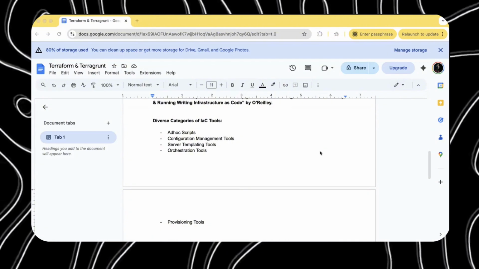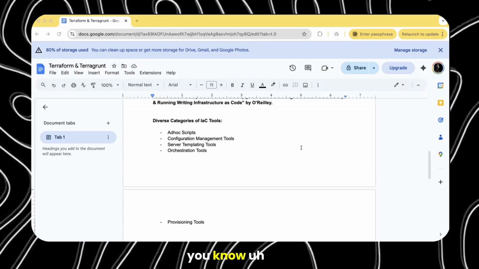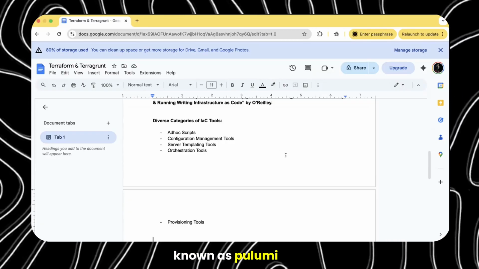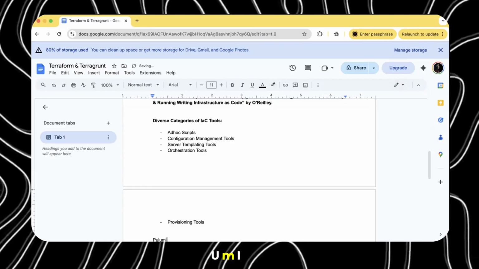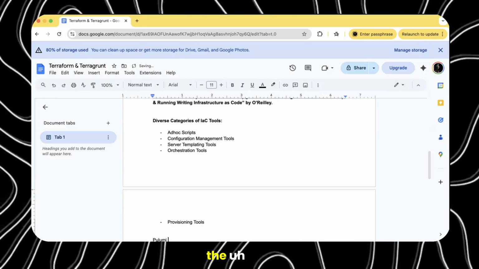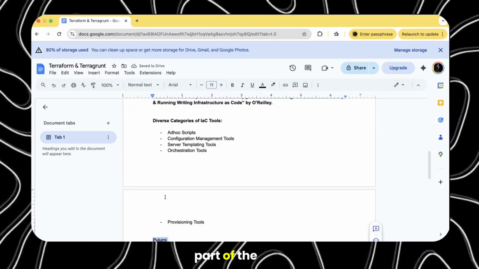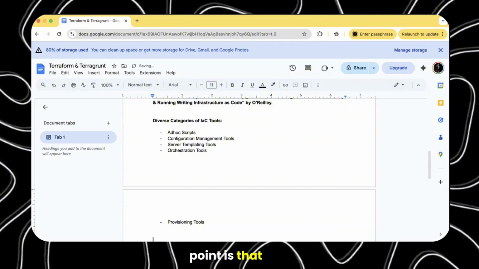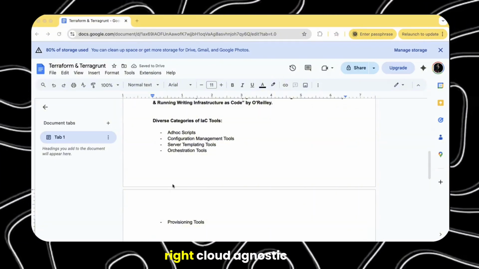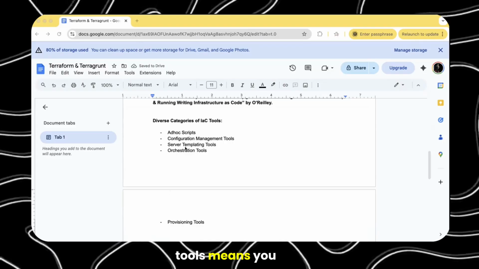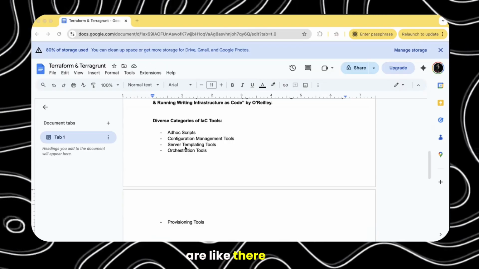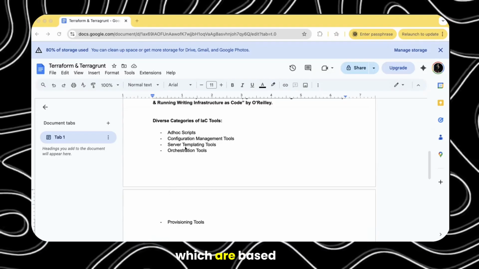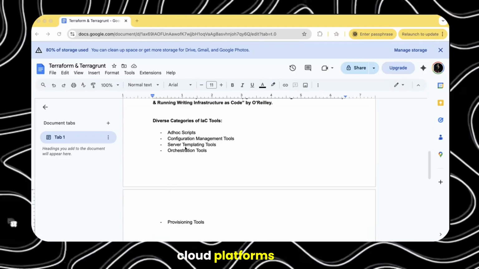Now, there is also one more tool known as Pulumi, which is again a cousin of Terraform. The point is that these are cloud agnostic tools, while there are some tools which are based on specific cloud platforms.